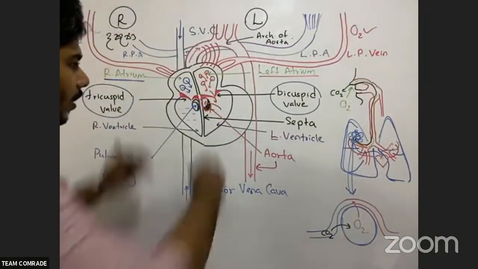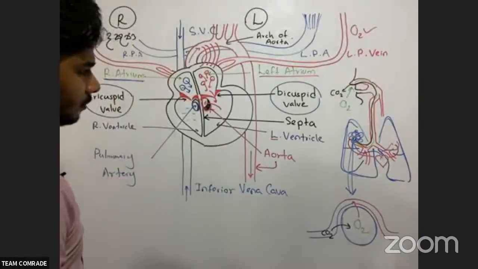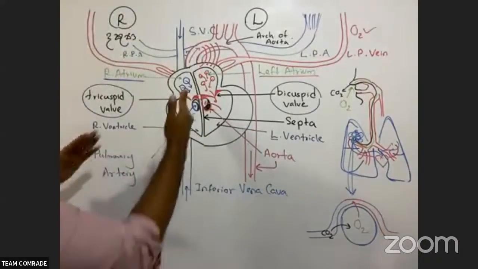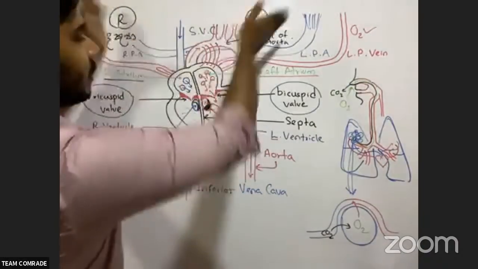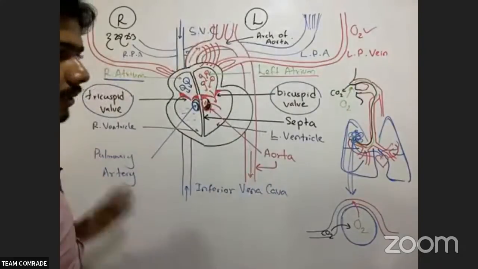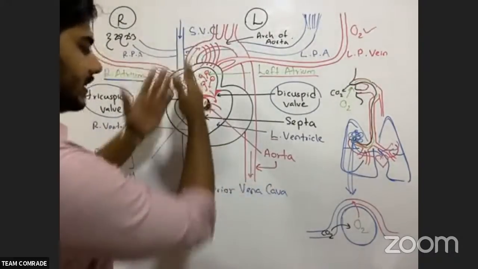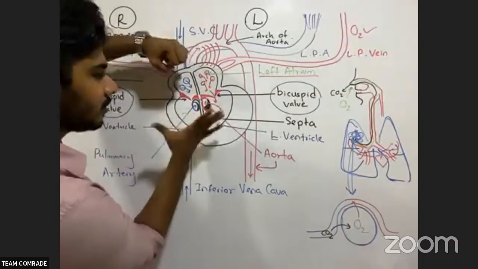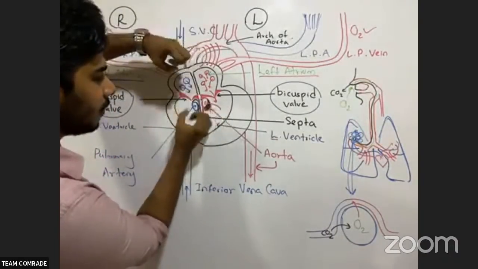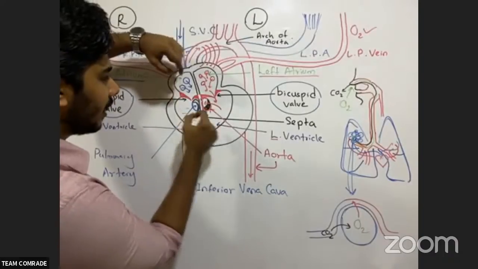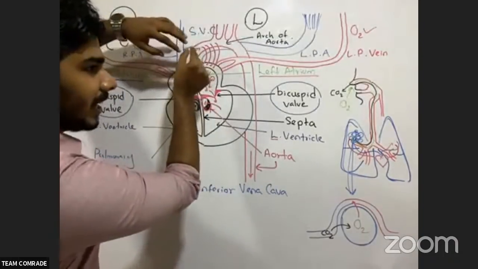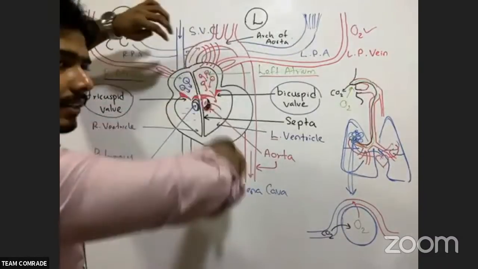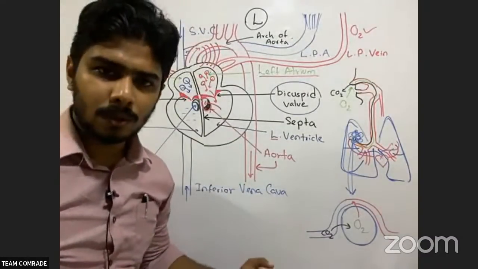Now the entire blood has gone down. What is going to happen now? From the aorta and the pulmonary artery, from the pulmonary artery towards the lungs, and from the aorta towards the total body, like that they are going. The blood goes by squeezing these ventricles, the ventricular contraction. Now this entire blood is going up. Then after the ventricle relaxes, what is happening? The blood will come down.